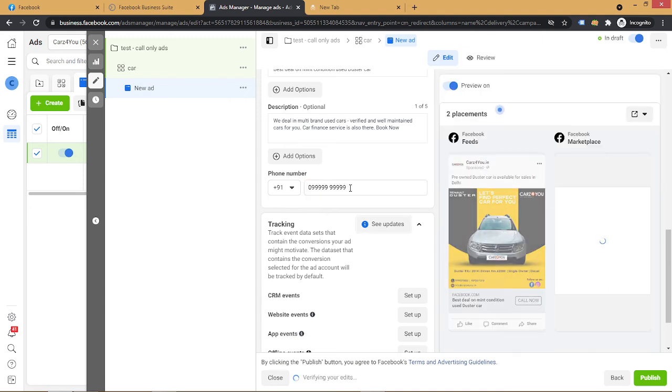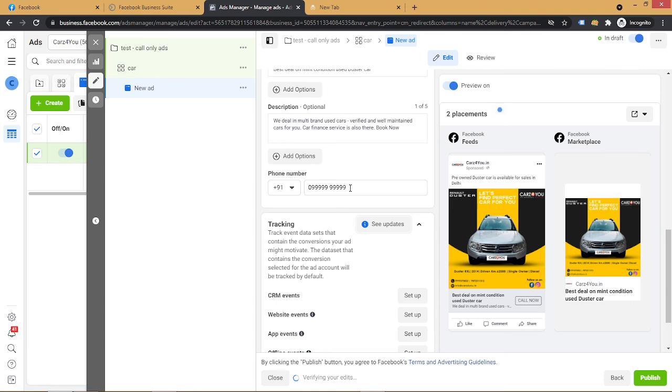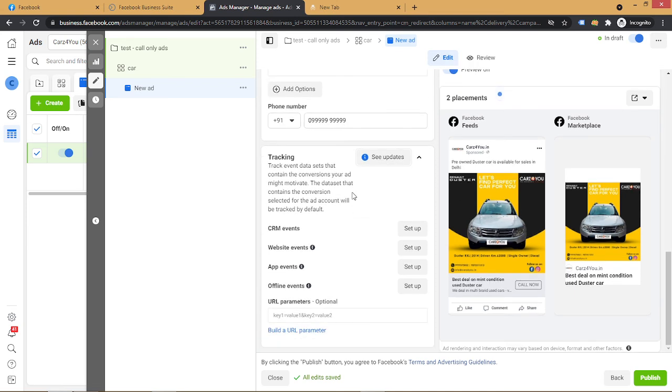It's a random phone number I have used. You can use your business phone number, and the call will drop on your phone. These kinds of ads will run mainly on mobile devices; they are meant for mobile devices only.